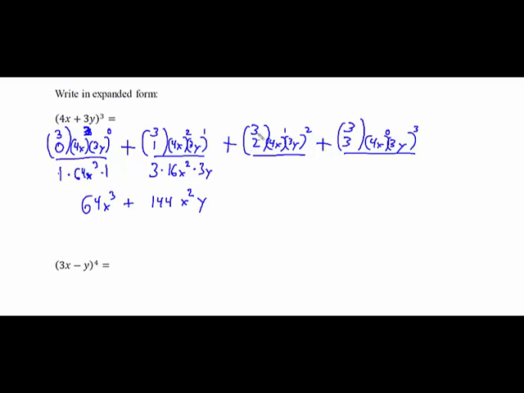So if I'm choosing 2 items out of 3, in any order, there's 3 ways to do that. 4x to the first power is just 4x, 3y to the second power is 3y, or 9y squared. So this is going to be 3 times 4 times 9, which is 108xy squared. So you see the x's are decreasing in power, the y's are increasing,